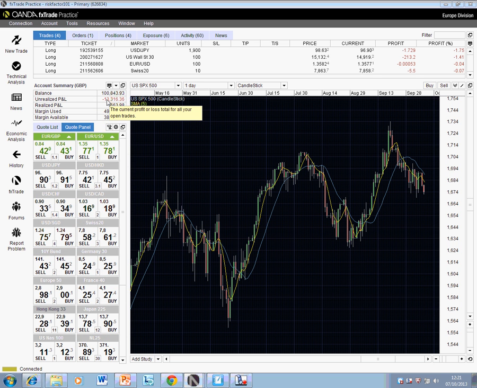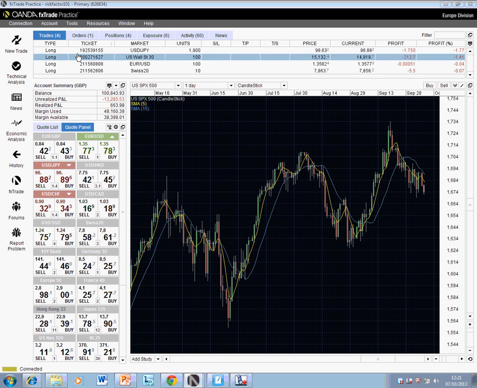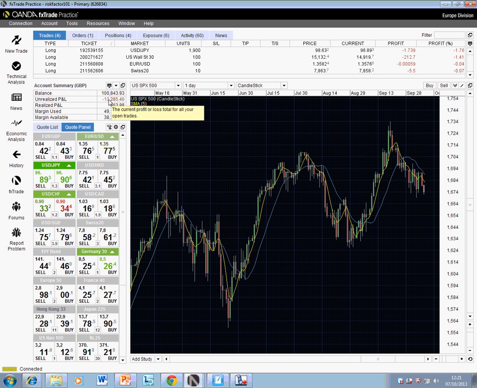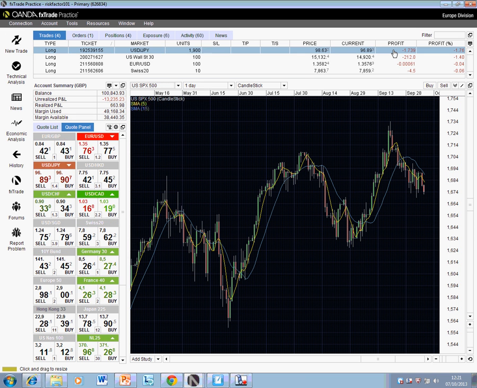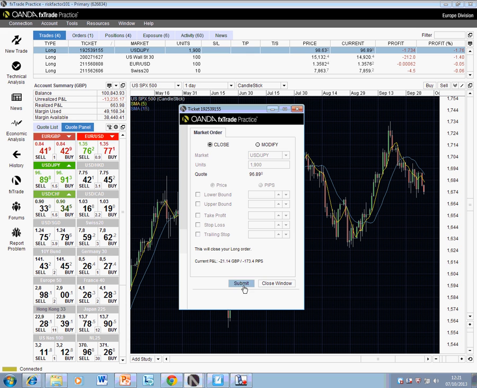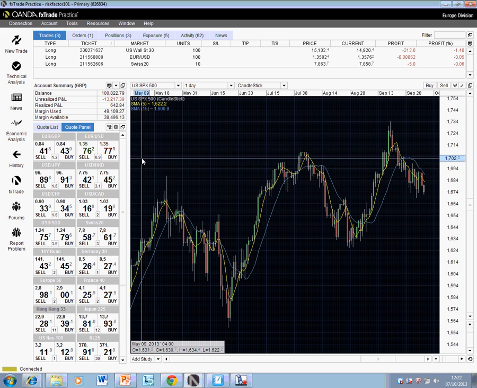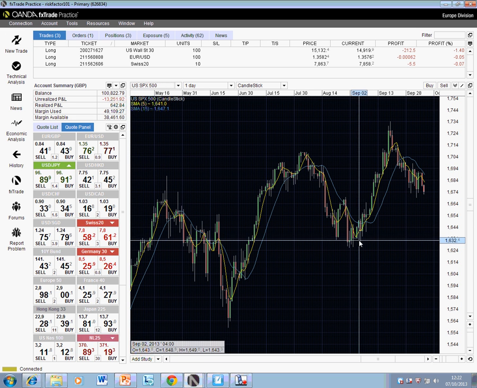Okay, this matters on the downside, because if you have made this much unrealized profit or loss, and it's currently at a loss, if you were to sell your positions now, or close your trades, then these will automatically become realized losses. So if I were to take this position, which I'm making a loss on, and close it, look what happens to my realized P&L. It actually goes down from 663, it's gone down to 642. Okay, so